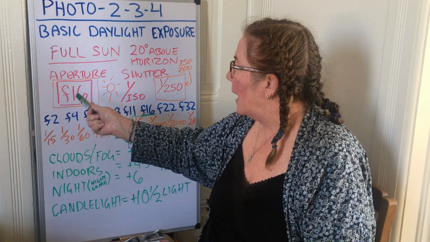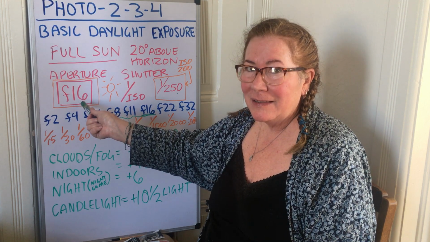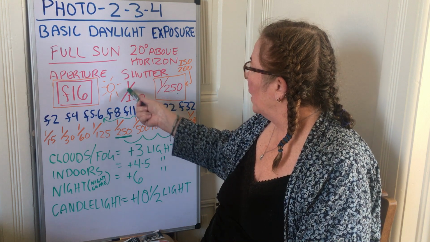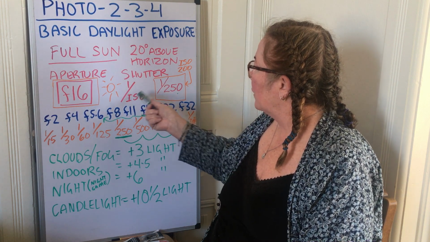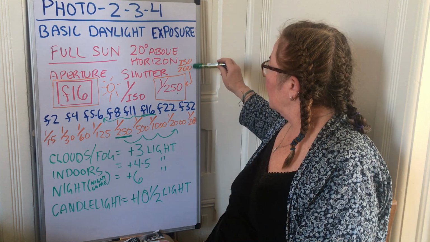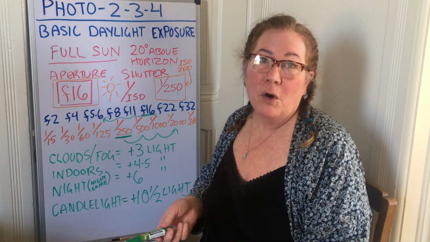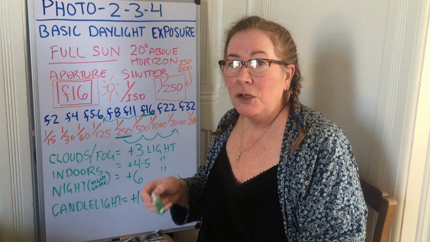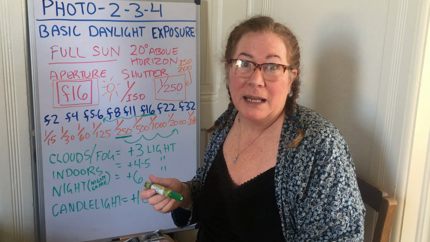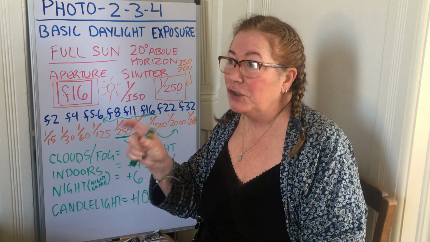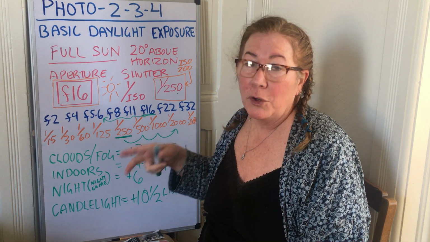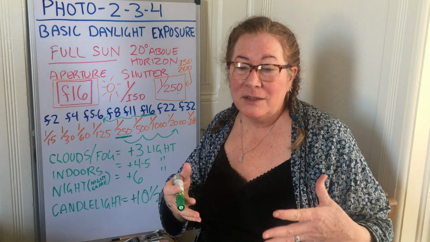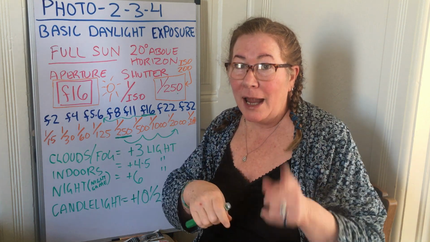You have your aperture at Sunny 16, right? F16. And your shutter speed is 1 over the ISO. So whatever the closest shutter speed to your ISO is, if you're using 200, it would be 250. If you're using 400 ISO, like ISO film, and your ISO is set at 400, then your shutter speed would be at 1/500th of a second. So the closest shutter speed to your ISO setting for your film. Remember, you're using a film camera, right? So whatever your ISO on your film is, you have to set the ISO on your camera